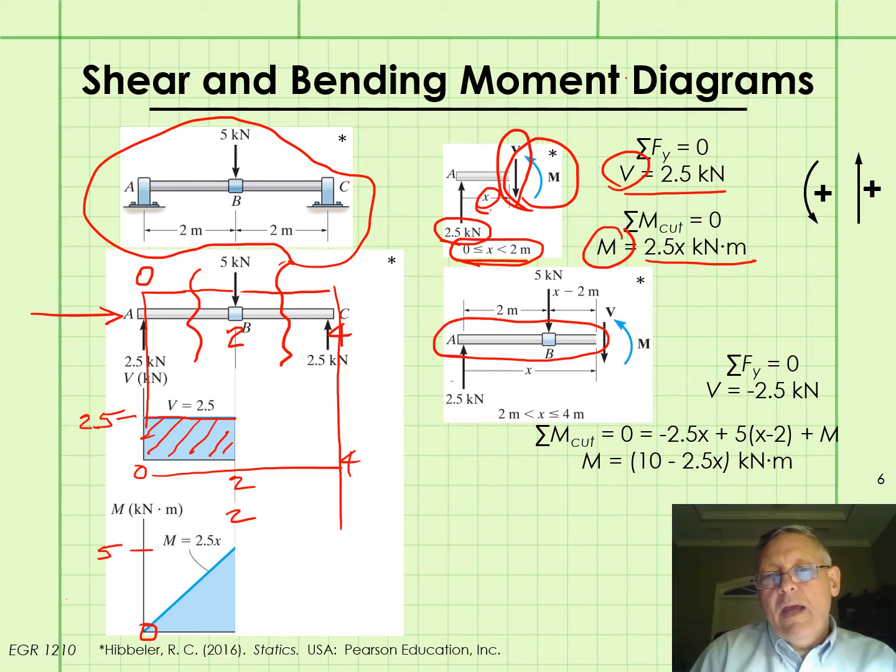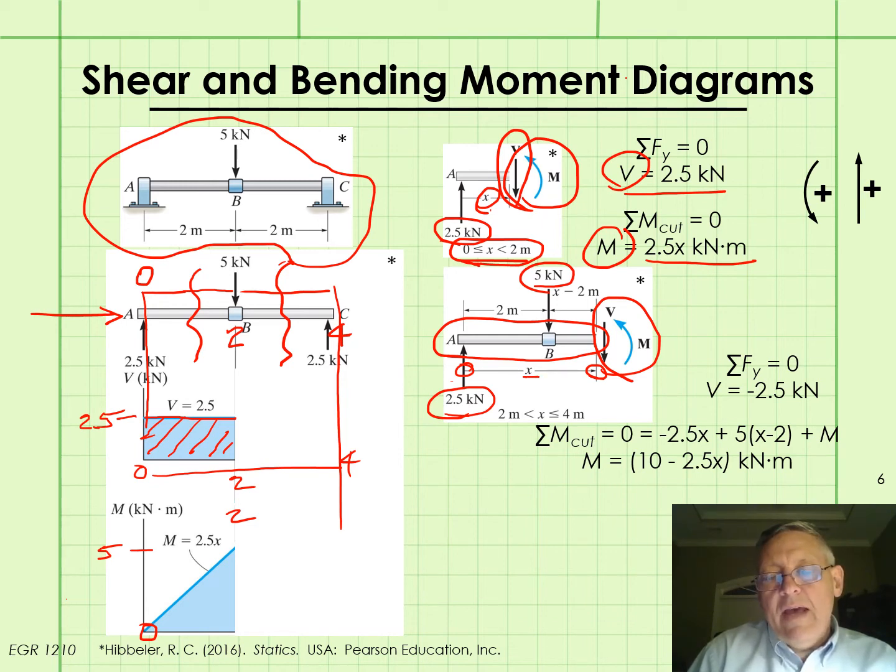Okay, and we use our free body diagram skills to complete that free body diagram, showing the 2.5 kilonewton force that's there, showing the 5 kilonewton force that's applied to the beam. At the cut, we're always going to show V going downward, M going counterclockwise. And then notice here, the distance from X equals 0 to the cut is always going to be X,